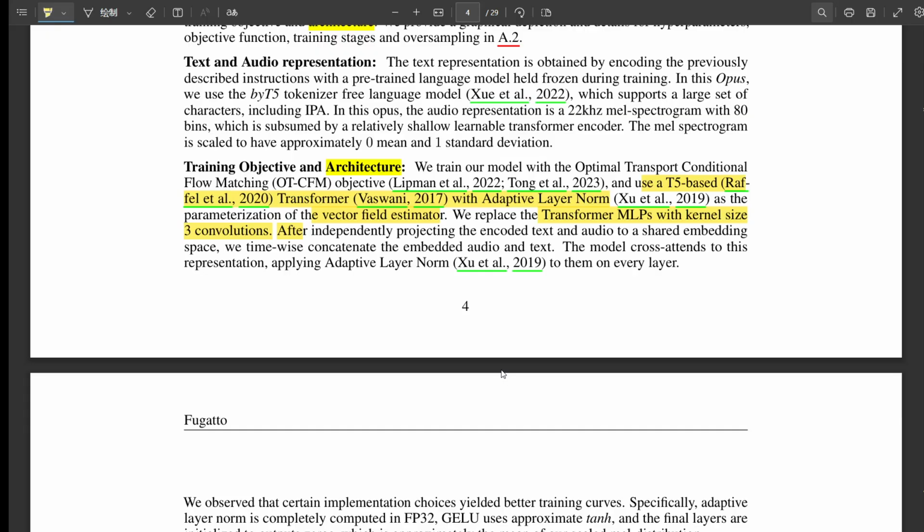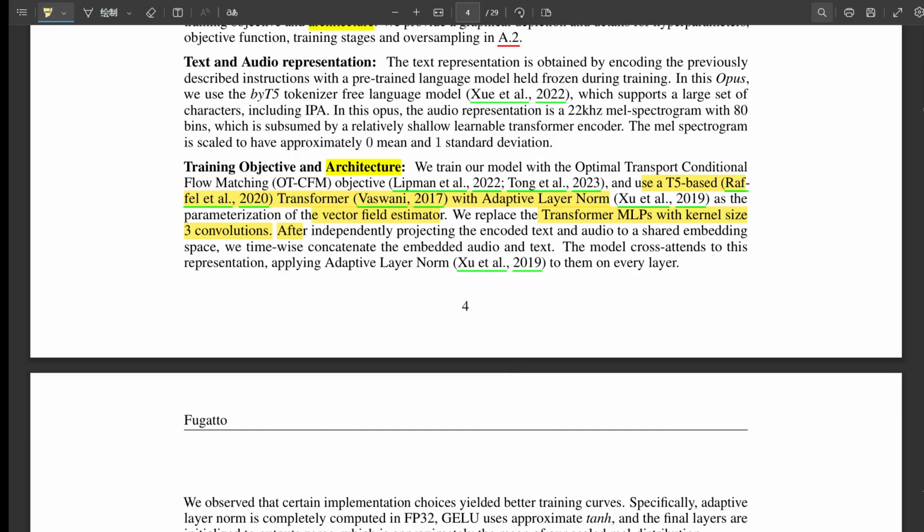What's fascinating here is that it has to do with efficiency and how well the model can process audio. Convolutions are naturally better at picking up local patterns. And I'm guessing these patterns are important in the audio world? Absolutely. Think of them as tiny building blocks of sound. Using convolutions allows the model to focus on these details. And it also sounds like it helps the model handle the data more efficiently, right? Exactly. It allows them to focus on what's most relevant and therefore use less computational power. It's a subtle tweak that adds up to a big difference.